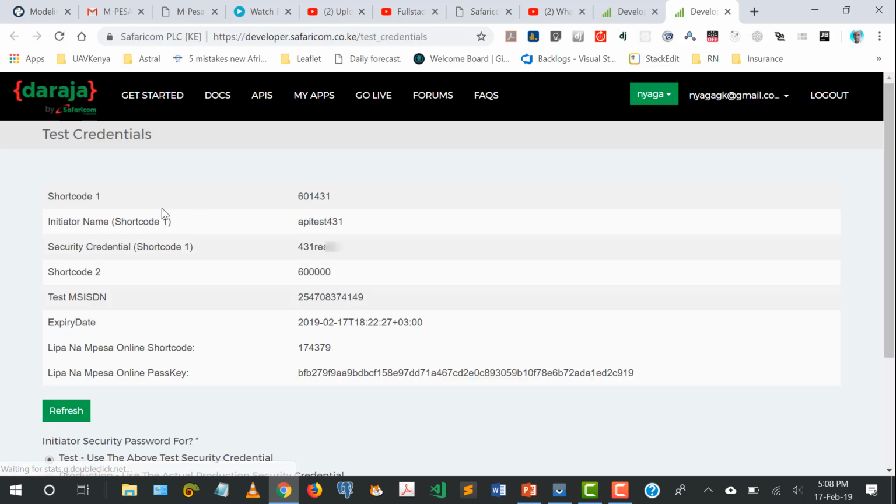And if you open up the test credentials, you'll find you have a shortcode 1, an initiator name. Again, don't worry about all these. I'll show you where they fit. You have a security credential, shortcode 2, test MSISDN, which is the test phone number. Don't worry too much about that. We have an expiry date of these credentials. We have a Lipa Na Mpesa online shortcode, which is that one, and Lipa Na Mpesa online passkey, which is